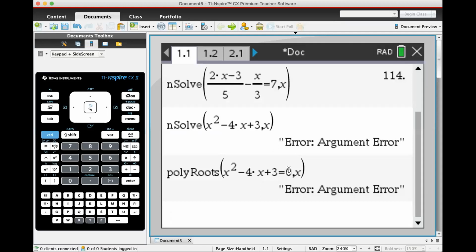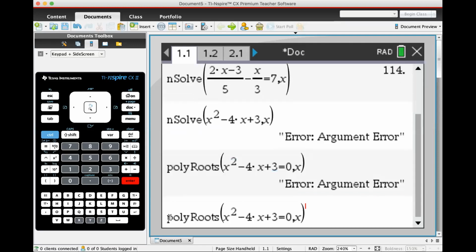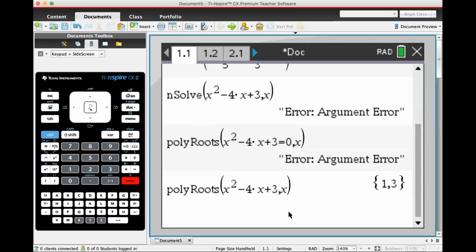Okay, if you make an error like that, you can use the top arrow key, these arrow keys that are here, to go back. So I use the top arrow key once, last entry, the second time, previous entry, bring it back. I can just take out that equal to 0. I think there was a wrong syntax there, and that will give me both the solutions. So for a linear equation use the option for NSolve, whereas